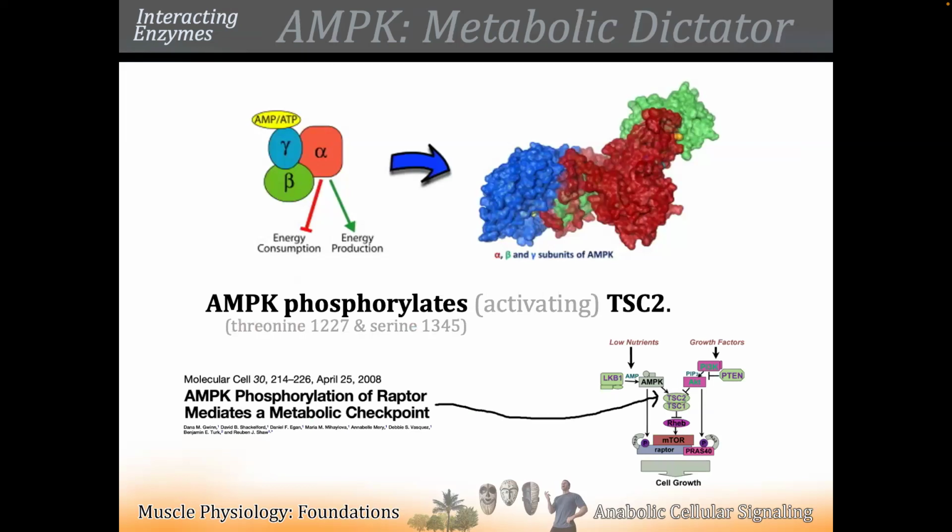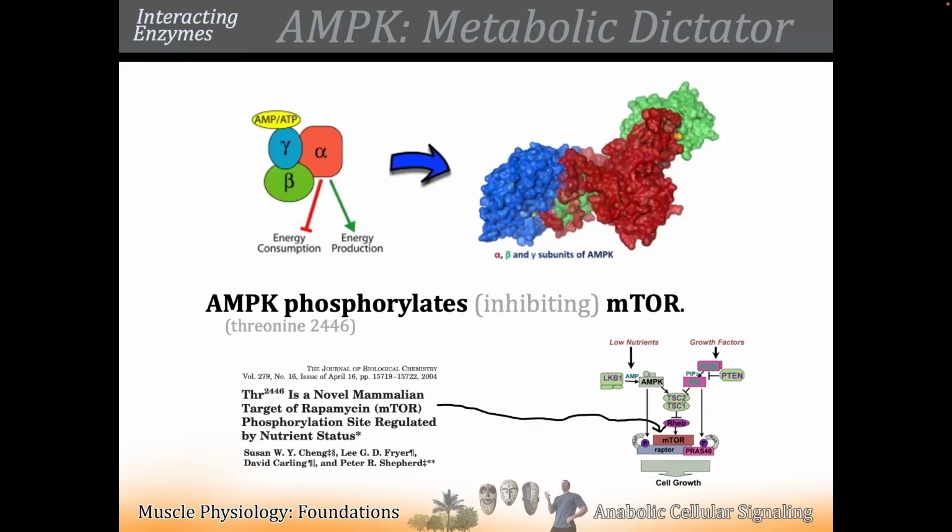And AMPK phosphorylates tuberin in a couple of spots, and that activates it. So Rheb loses its GTP. Without that GTP, Rheb can't activate mTOR. And then also, AMPK seems to phosphorylate mTOR directly, impairing mTOR signaling. There's limited data on this one. The major sites of inhibition by AMPK, or at least those that are best characterized in the literature, are tuberin